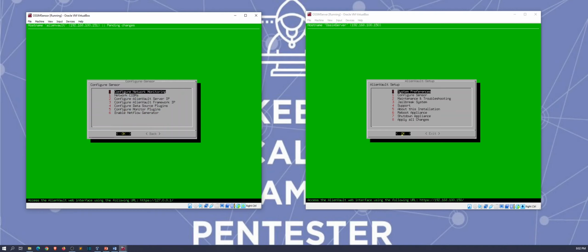Okay, so now with the sensor, there's a few things that we have to get done as well. Let's go back and configure this. This is what we have to do. We have to configure an AlienVault server IP and then the framework IP. What this is going to be is the server. So in my case, it's going to be